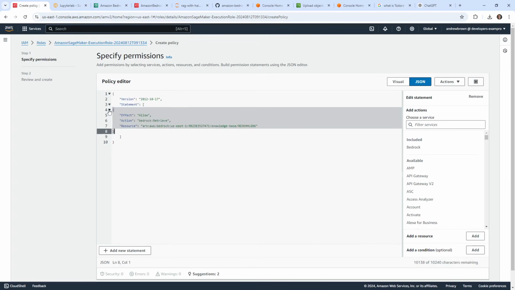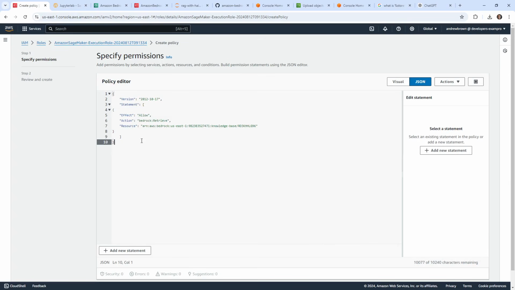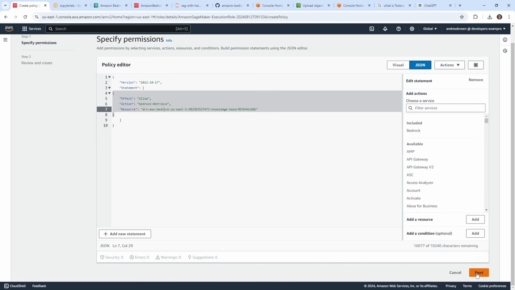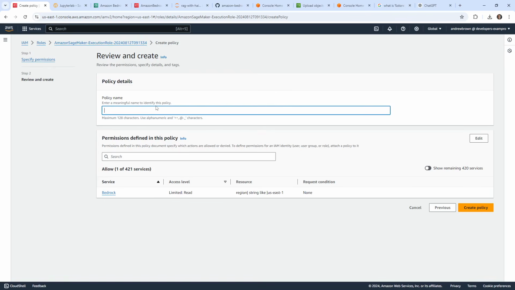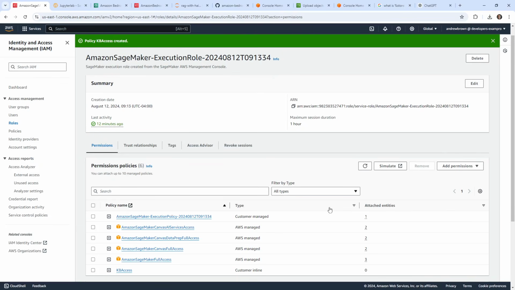We don't really need a SID. We don't have to have a SID in here. And so here we are granting very specific access to retrieve for that knowledge base. We'll go ahead and hit next, and we'll just say knowledge base access. We'll create that policy. And so now our SageMaker